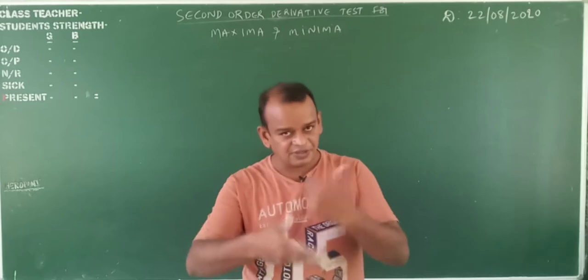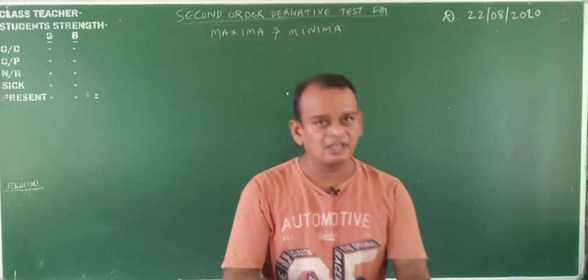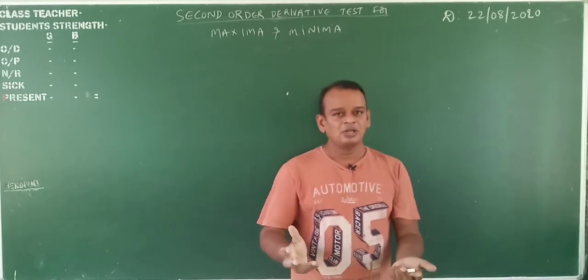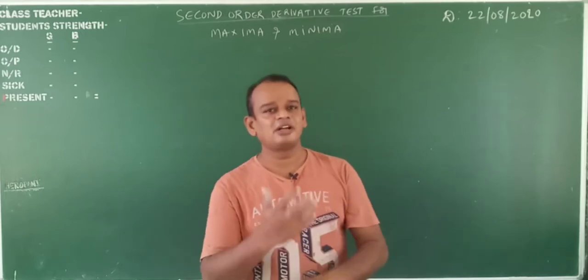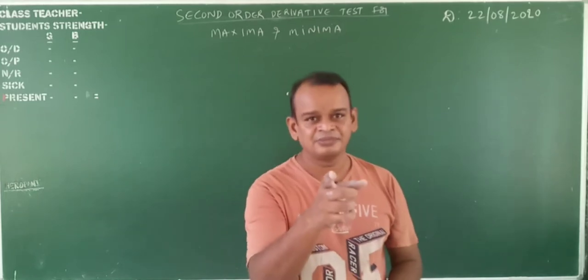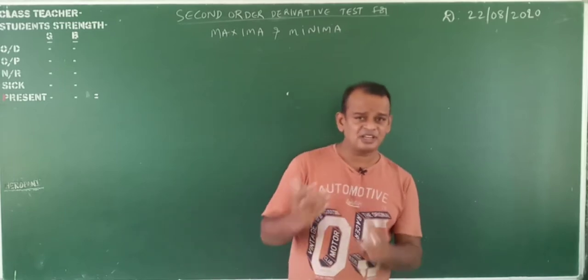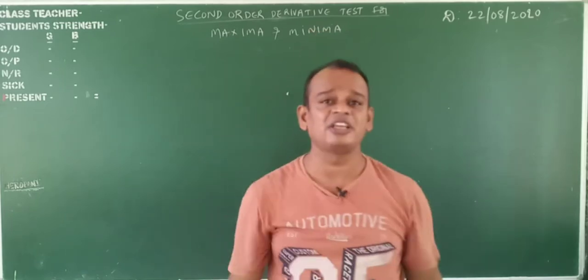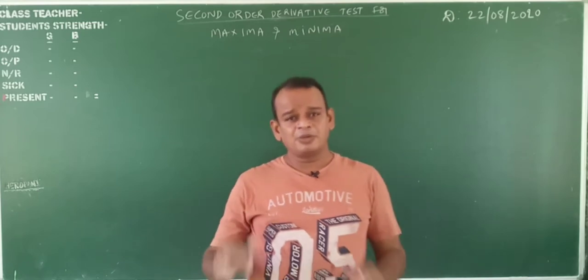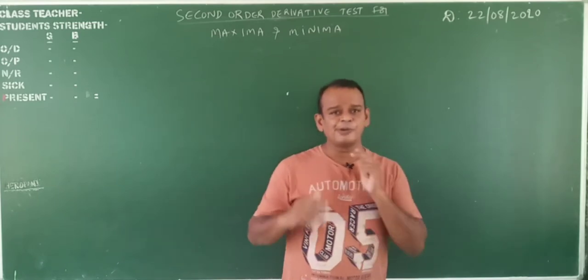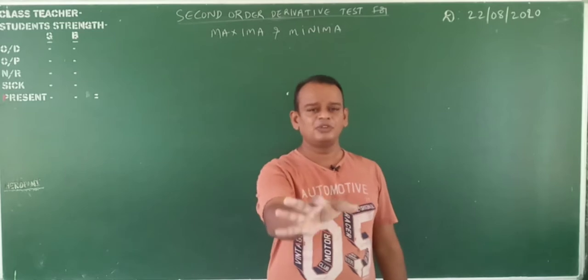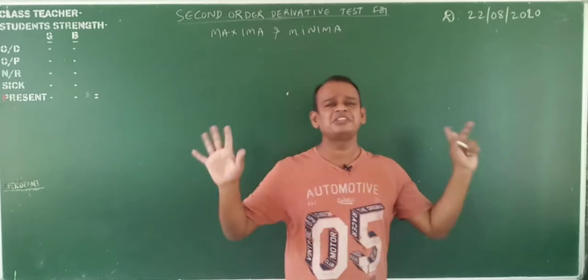Now, differentiate that function, first order and second order. Set the first order derivative equal to 0, we will get the values, then substitute them in the second order derivative. Understood or not? The surface area is maximum means surface area is the function here. In that problem, whichever is the maximum or minimum, we will take as the function. You remember that. Very easy problems.